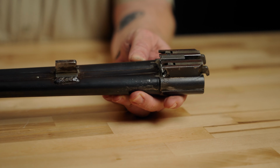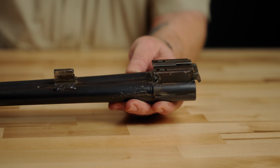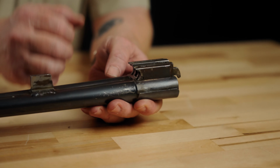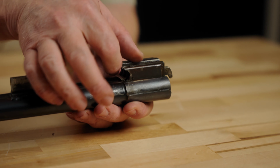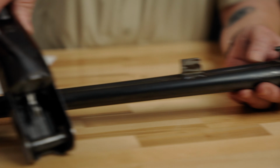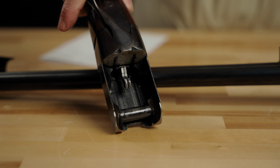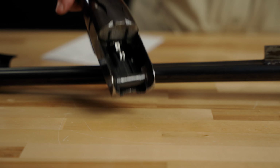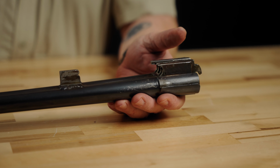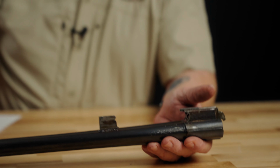So kind of unique in double barrel shotguns, particularly U.S. manufactured double barrel shotguns, we don't have a solid lump here. There's 2 individual lumps, one on each barrel, with a channel in between for the cocking slide that manipulates these cocking levers on the inside of the receiver. And then we have 2 individual extractors for the barrel. They're not a bridged extractor like you typically see on, insert brand name here, Savage Stevens comes to mind. So kind of unique in the construction, and we can kind of see how we got to where we are